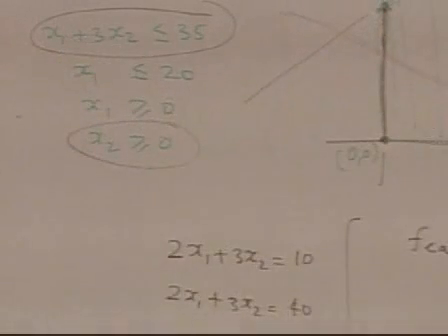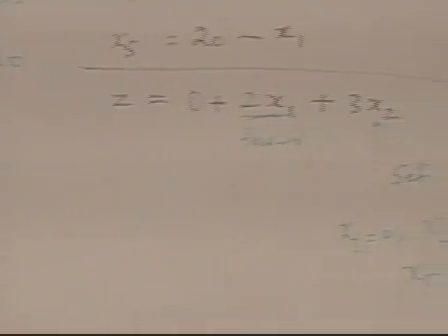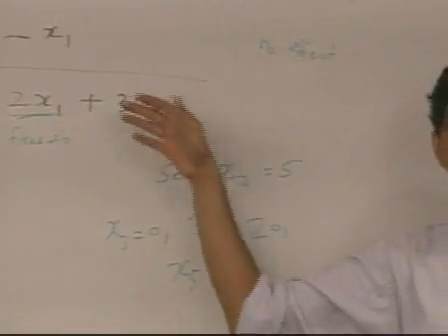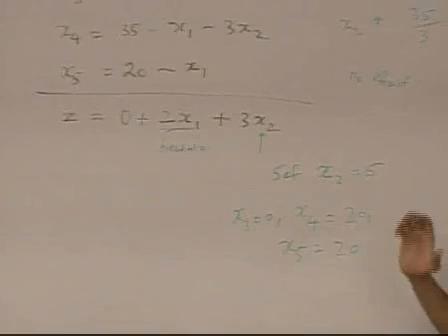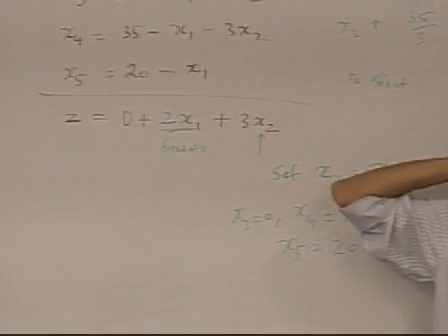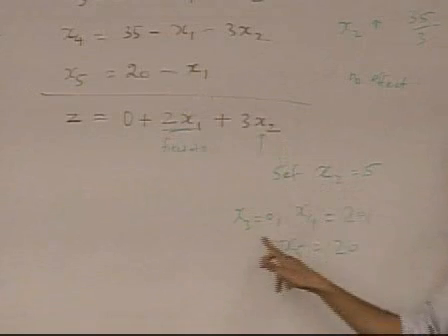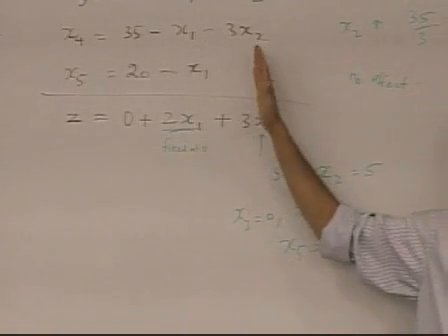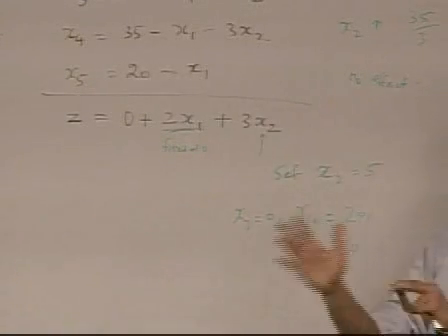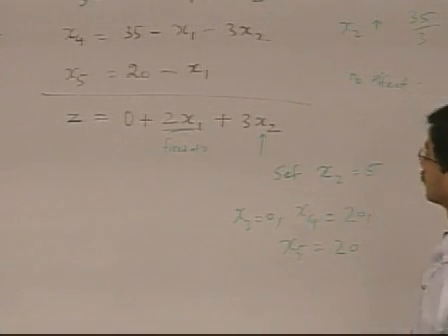Okay, so we want to now capture this increase by a set of equations that serve the same role that this set of equations did for the origin. Now, what does that mean? It means that we want to rewrite these equations such that the right-hand side has x1 and x3, because we want the right-hand side to have those variables whose values we determine, and we determine them to be 0 always. So you want to rewrite this system